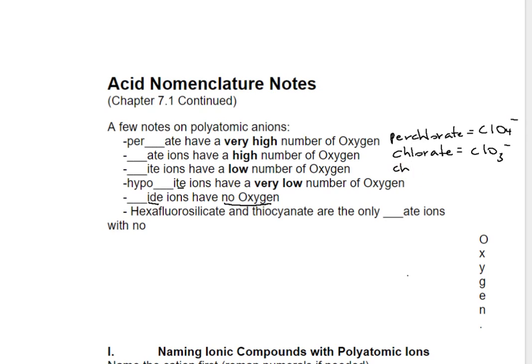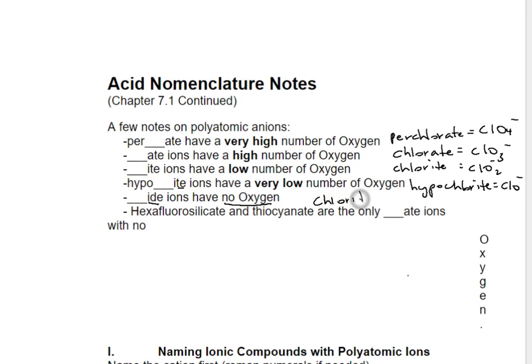And chlorite, that ite ending means it has one less oxygen than chlorate. And hypochlorite has the fewest oxygens with just one. And then lastly, if I had chloride, that ide ending means no oxygen, so that's going to be just Cl